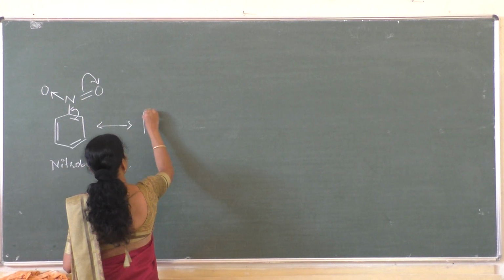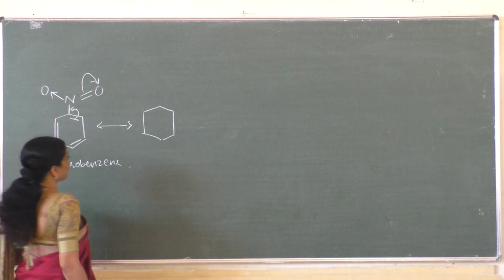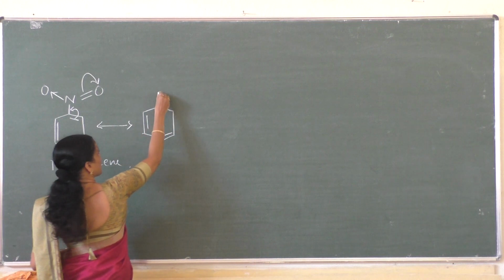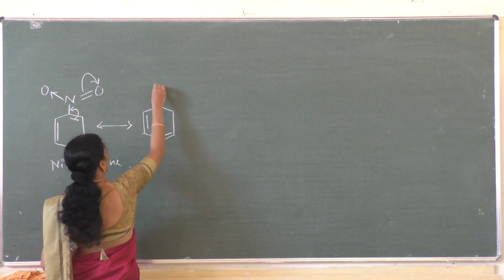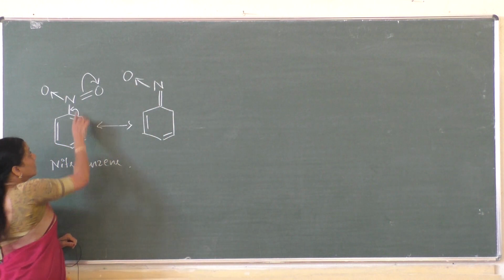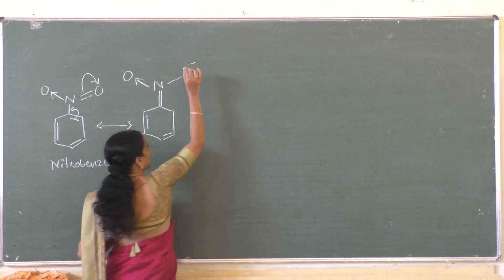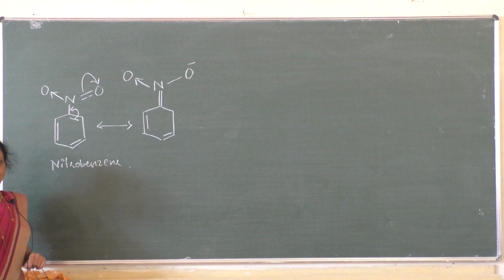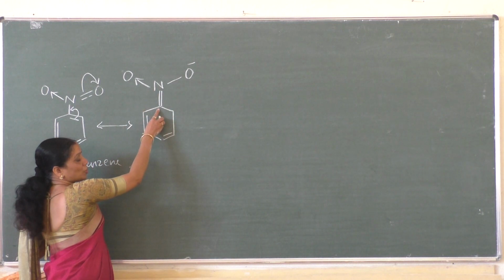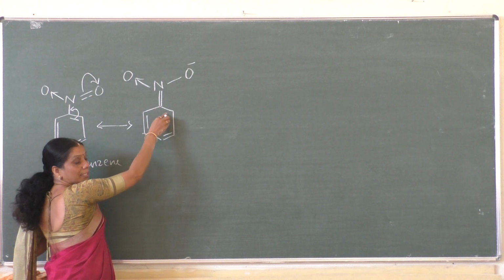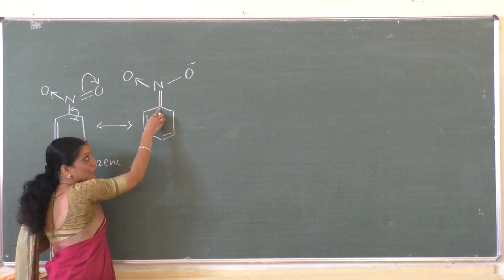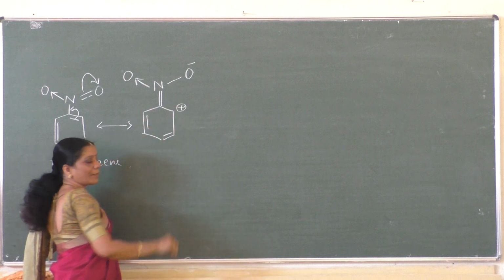Now, let us write the first resonance structure. Here these two bonds stay as such, and the shift takes place to the next position. The single bond becomes a double bond. N, coordination bond with the oxygen atom. The double bond becomes a single bond. O, the shift of electrons takes place to the oxygen, which gains one extra electron of the nitrogen atom, therefore the minus sign. No loss to this carbon atom, even though the bond present in this position gets shifted to the next position. It retains its electron, understood, but loss takes place to this carbon atom.